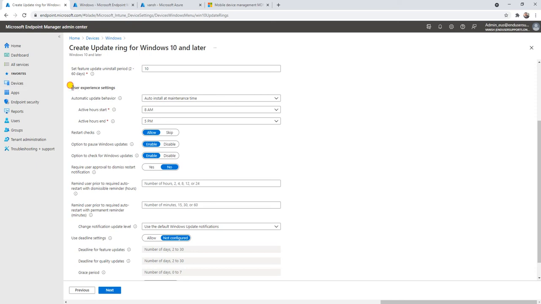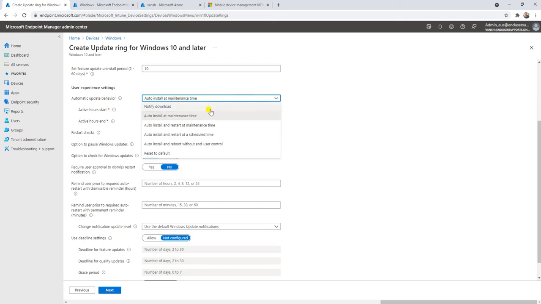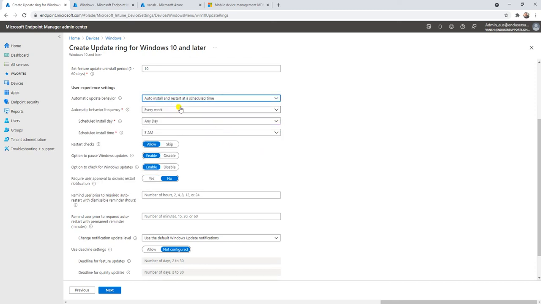Okay, so now it is the user experience settings, automatic update behavior. What is that? Auto install at maintenance time, or auto install and restart at maintenance time, or auto install at a scheduled time, and what is here, auto install without restart.